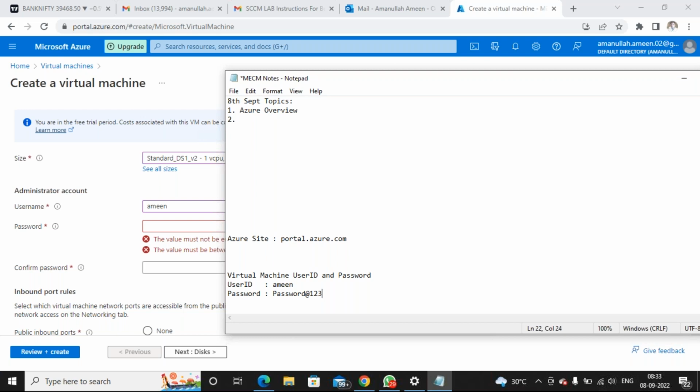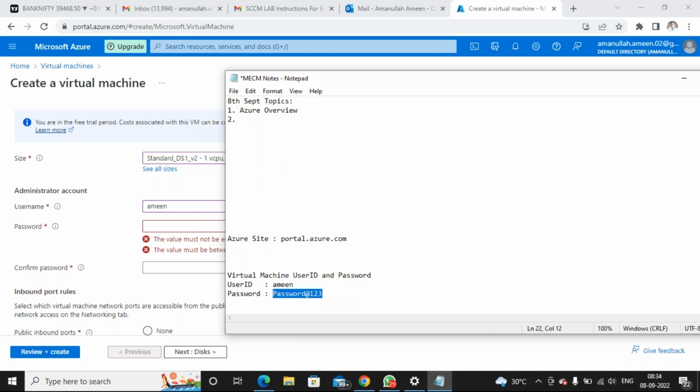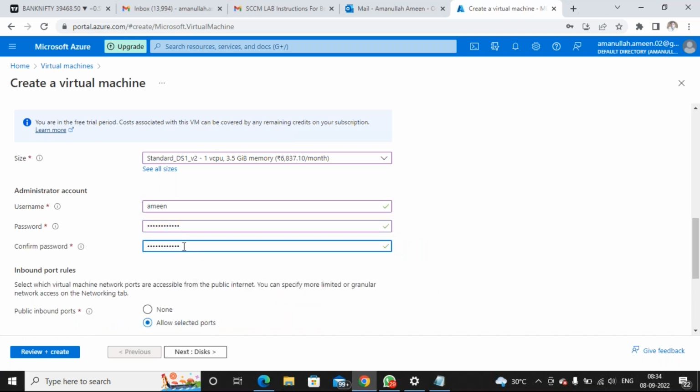Okay, now you have to put in like this: virtual machine user ID and password is this, Amin, that's your name, and the password capital PASSWORD @123. You need to copy the password like this. Right click and copy the password and put it here on the notepad, on the Azure portal. Everyone choose the same password. Do not change the password. Okay,